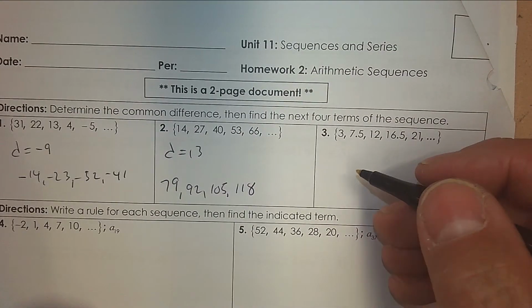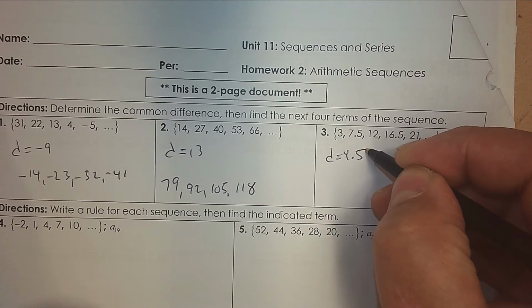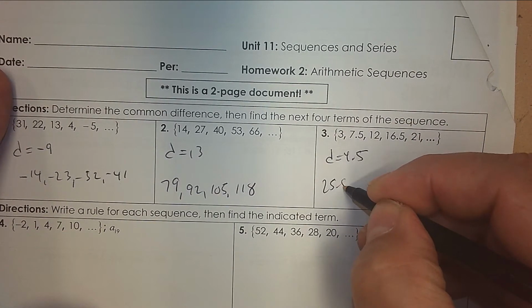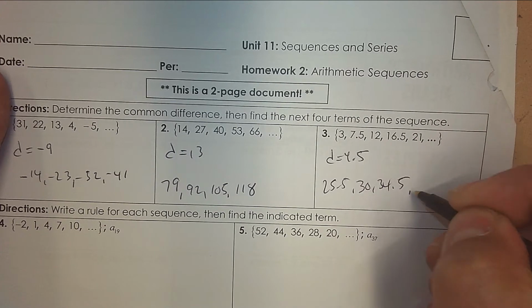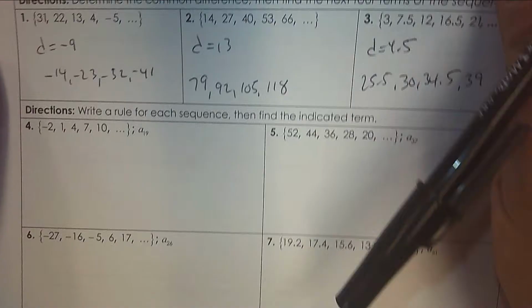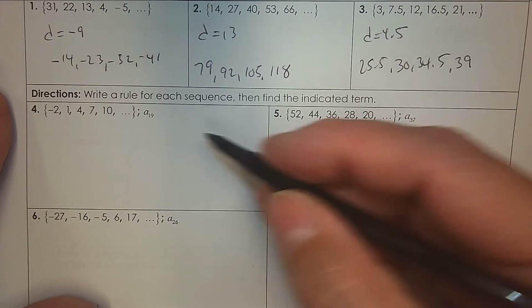Here, a decimal, but you can do this. What are we doing? It's 4.5. So keep adding 4.5. So 21 and 4.5, another 4.5, another 4.5, another 4.5. Done. Number 4. Write a rule that represents this, then use the rule to find whatever term they're asking